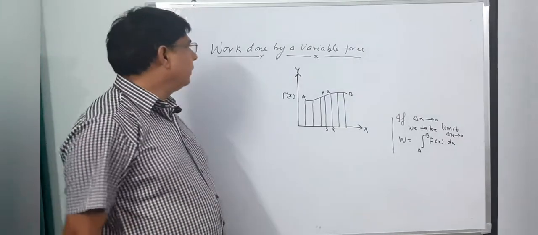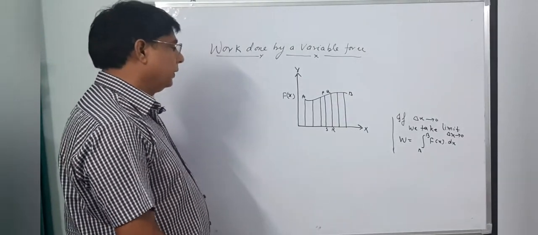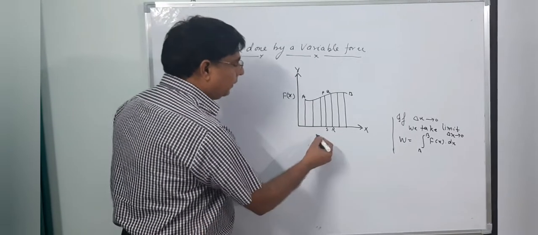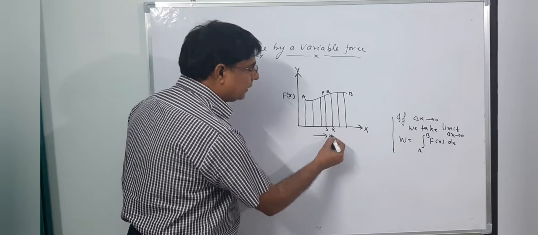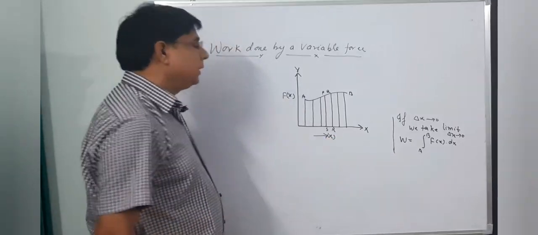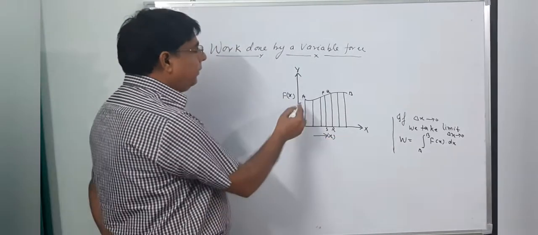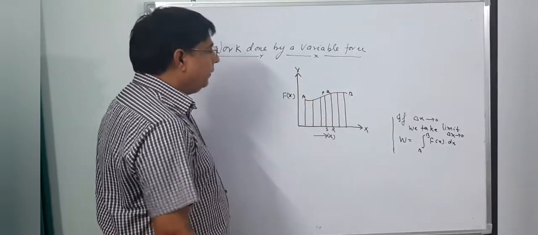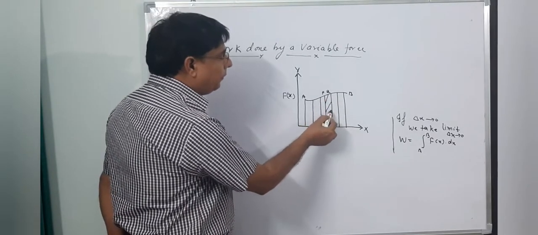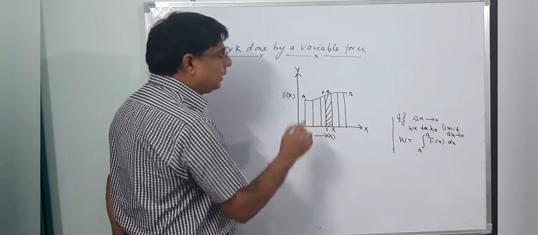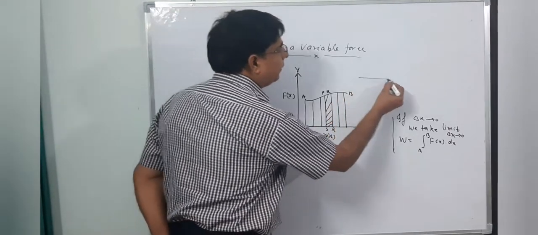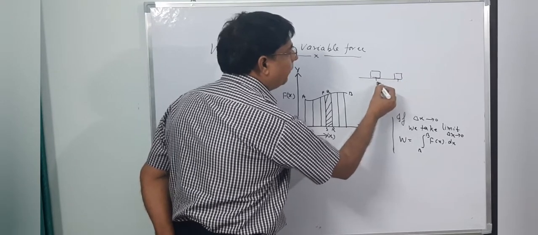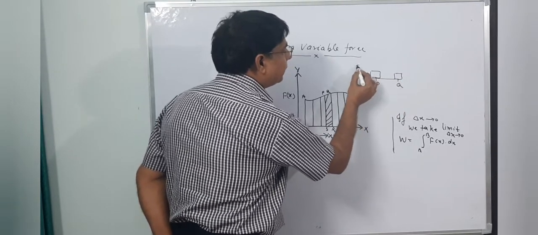Now we can understand this work done by a variable force by the graphical method. Here we have drawn a graph in which the displacement is taken on the x-axis and the variable force is taken on the y-axis, and we displace an object from point A to B. Here we have taken a small rectangle PQRS. This is the portion when an object is displaced from point P to point Q by applying this force Fx.